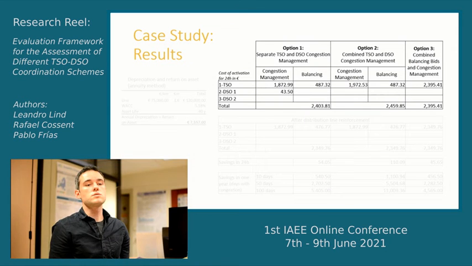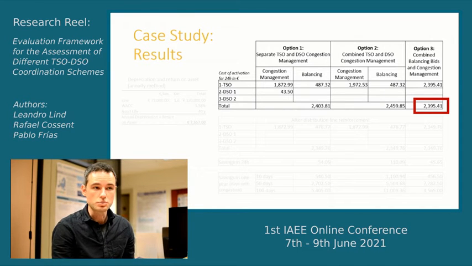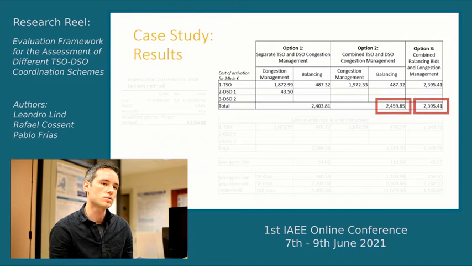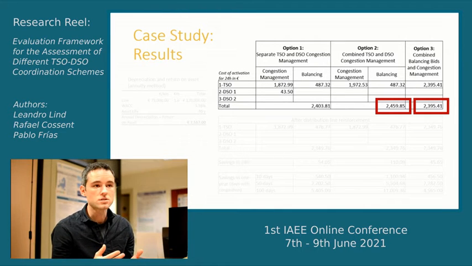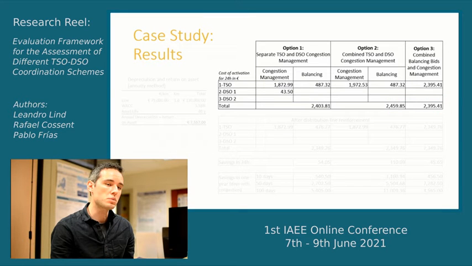The economic results show that option 3, in which the TSO optimizes both services for the whole network at the same time, is the cheapest in the short term. We also observe that in option 2, when congestion management and balancing markets are split, efficiency is lost, as flexibility providers are activated in opposite directions, which doesn't happen in option 3. On the long-term economic effects,